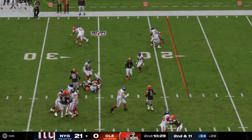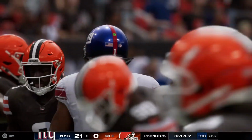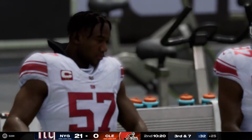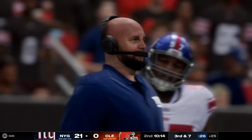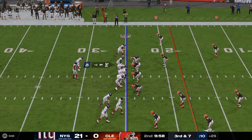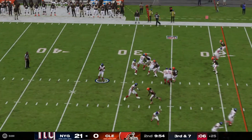From the gun, he'll hand this off. And he'll be brought down at about the 25 after a pickup of 4. On a second and long, it's really nice to see an offense that has enough confidence to run the football in that situation. I think that goes back to their practice and game planning. They've seen things on tape and in previous games that led them to believe that even in a long-distance situation, they can still run the football and gain enough yardage to put themselves in a good spot